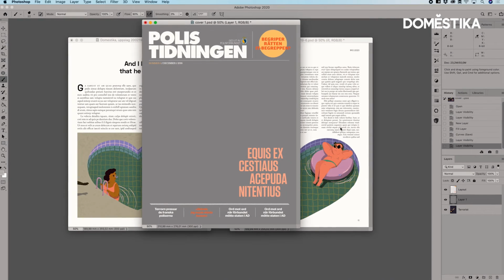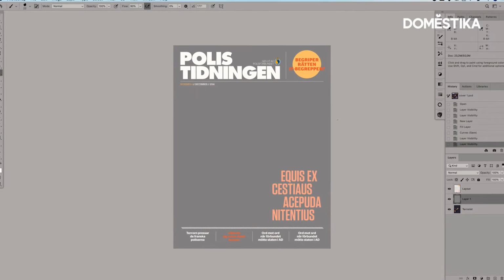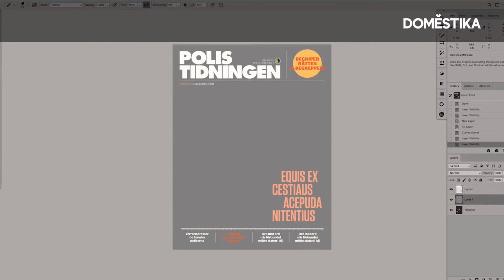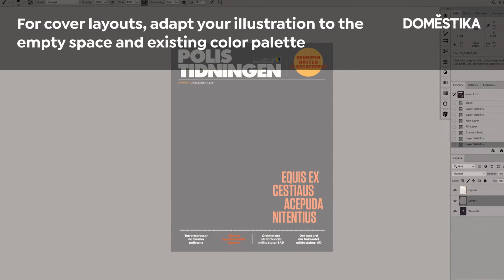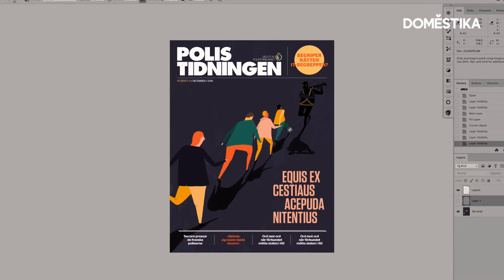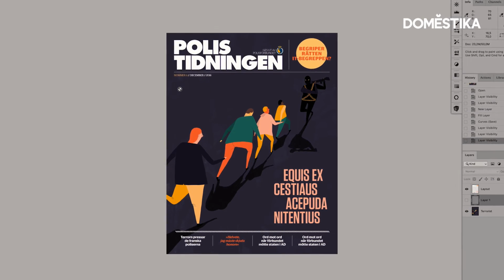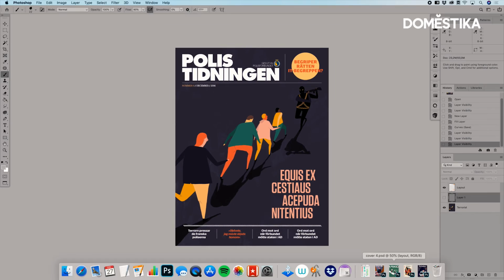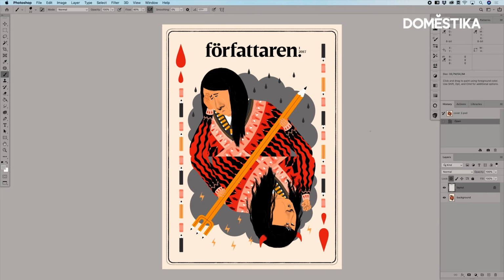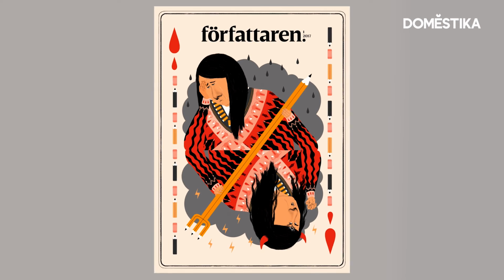So usually when you receive a PDF with a layout, it might look something like this, where you get the header here, you might get a text here, pugs and puffs. There might already be colors to consider. So as you can see, I left some areas here, made a calm background, and I adjusted the color profile to the colors already existing in the layout. So in this case, the layout was only the header here, so that allowed me to do a more detailed illustration since I didn't have to consider any text.